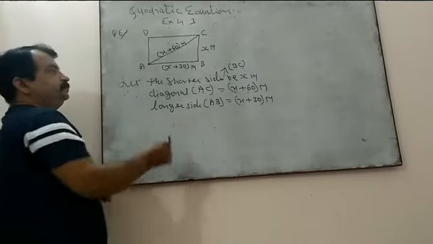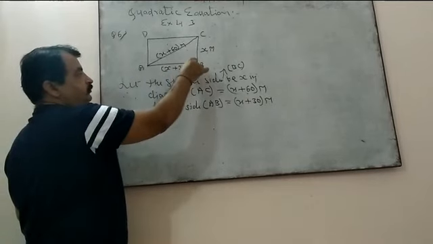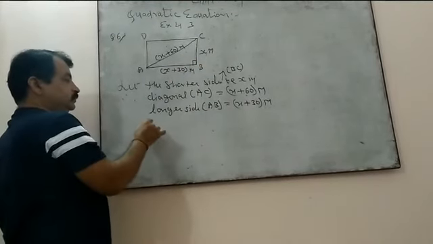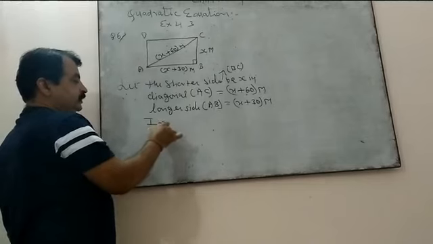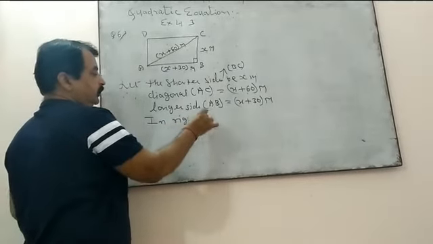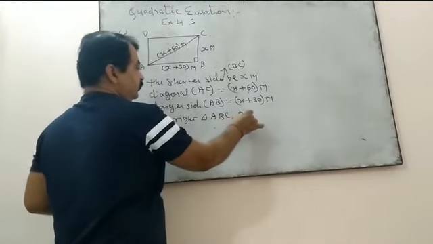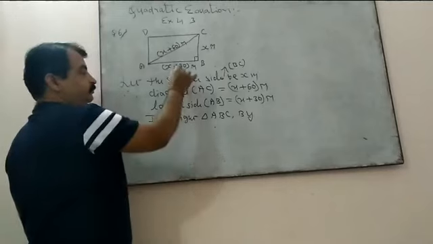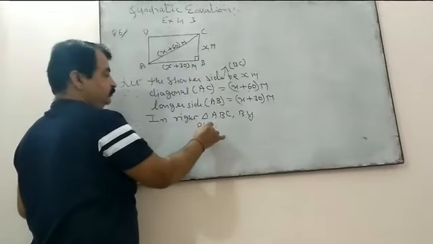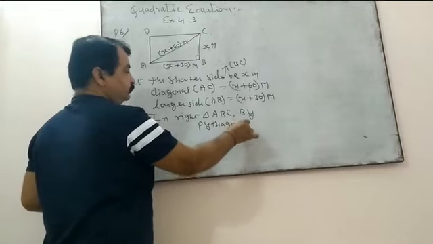Now see the figure. Look at ABC. What is it? A right triangle. So we mention here, in right triangle ABC, of course, we can apply the Pythagoras theorem. So by Pythagoras theorem,